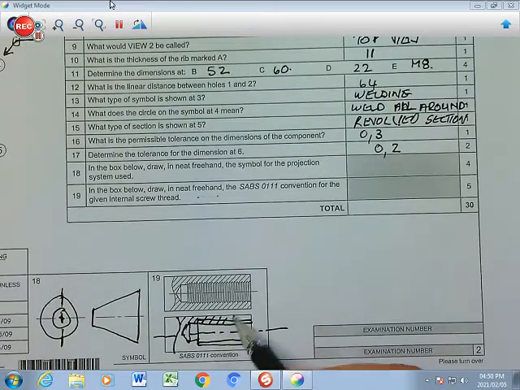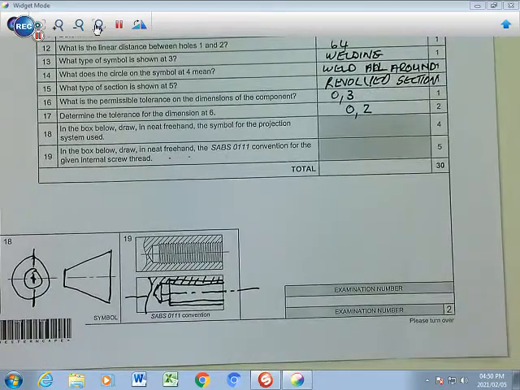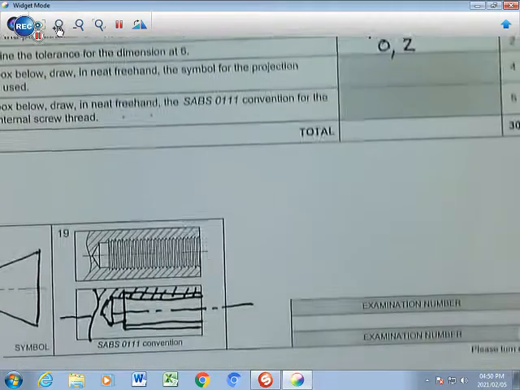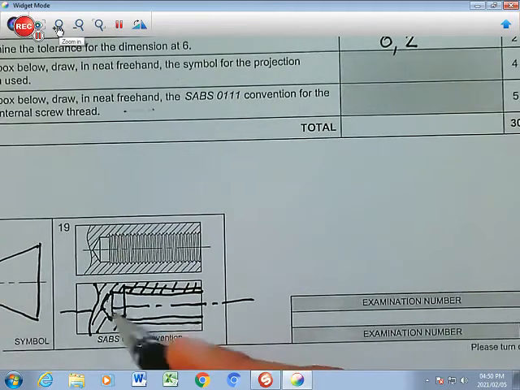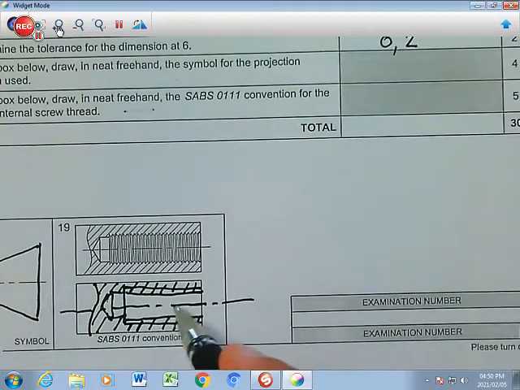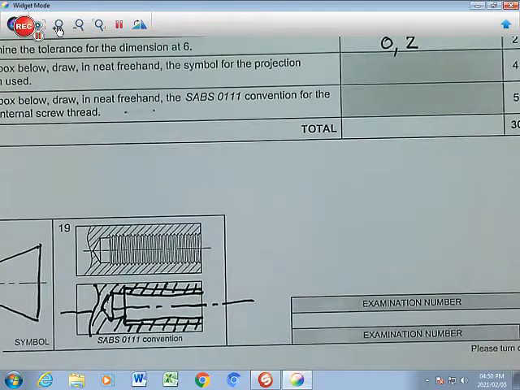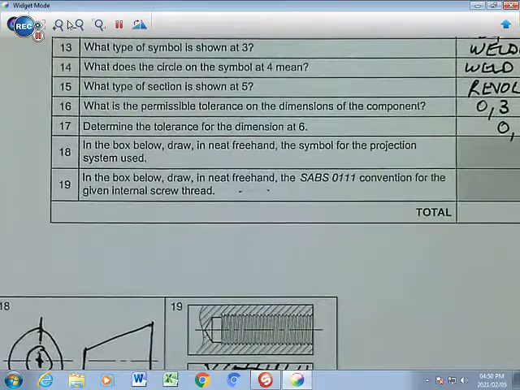Look at where I hatch. I want to zoom in on that part there. If you hatch, you're going to hatch everything here, not that. So this is going to be hatching inside the screw thread as well, not that. That will not be hatched, that's part of the threaded section, but inside the screw thread the hatching basically continues. And that's your freehand drawing that you have there, and that basically concludes our